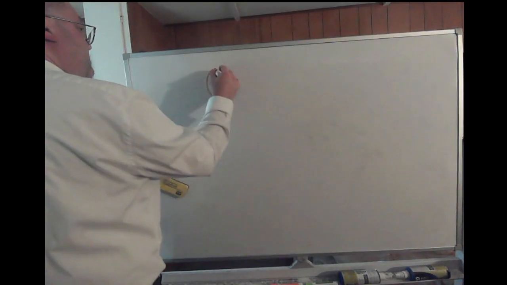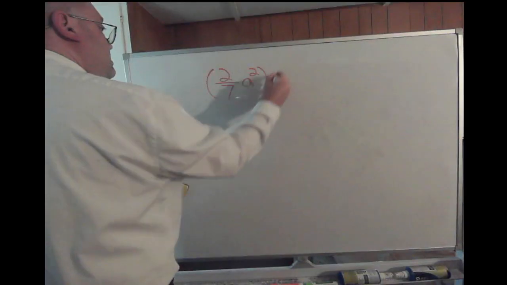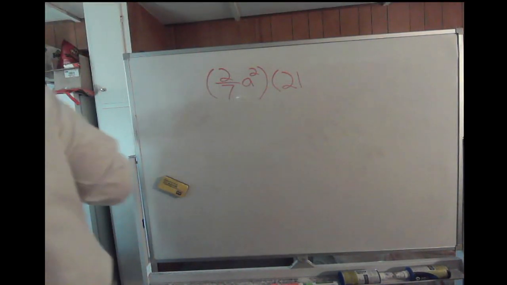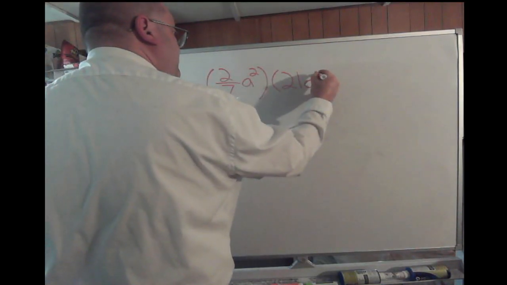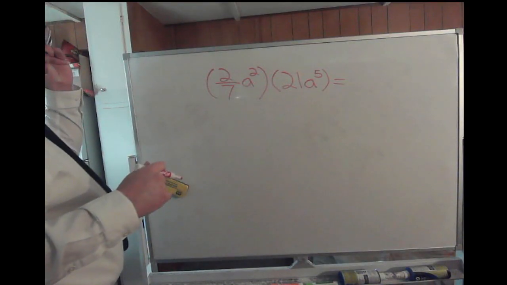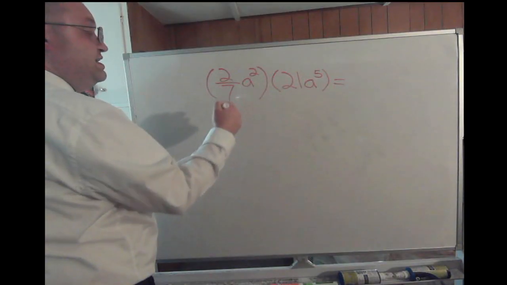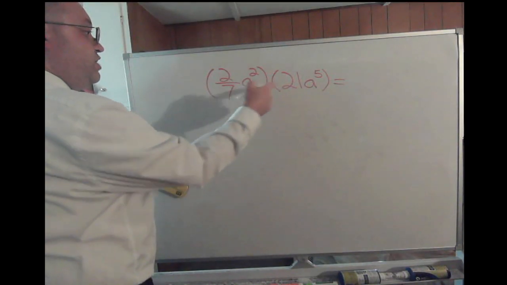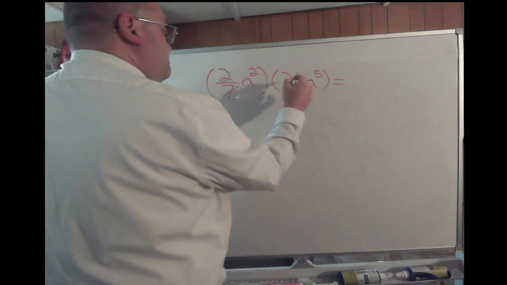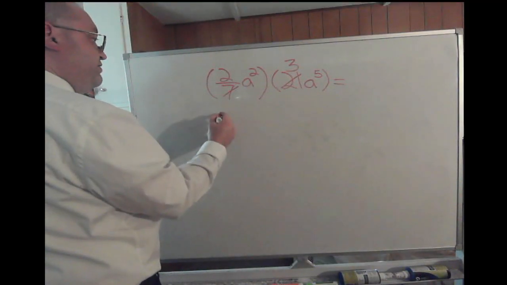Alright, let's see. We have 2/7 times a to the 2nd power times 21a to the 5th. Alright. Well, multiply your coefficients. You have 2/7 times 21. Well, the 7 is a factor of 21. We can cross cancel here. 7 is a factor of 21. 7 goes into 21 3 times. So what you're going to be left with is